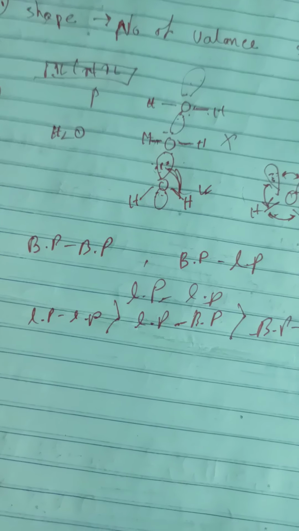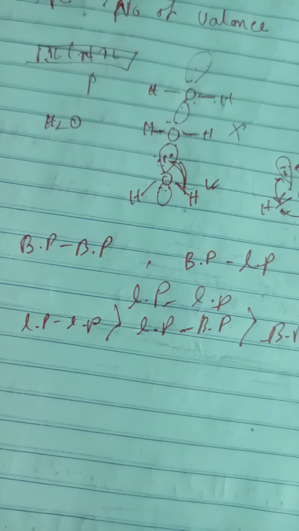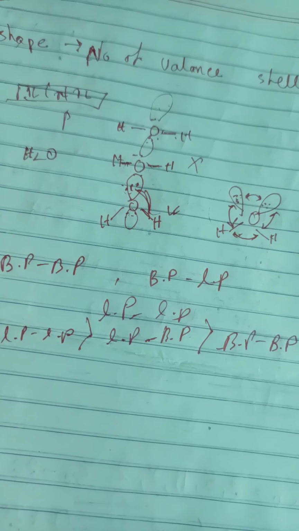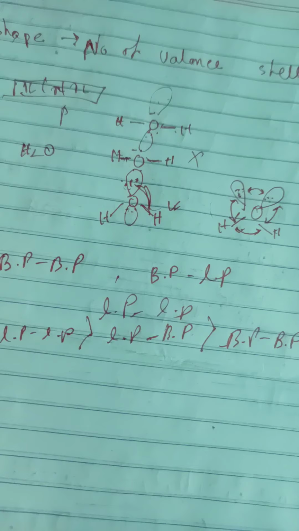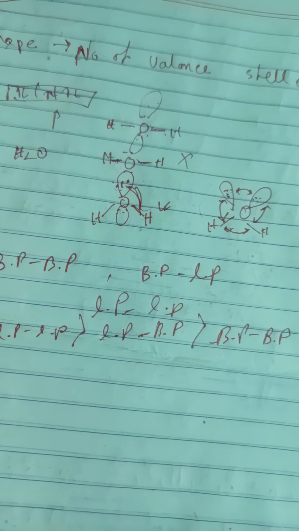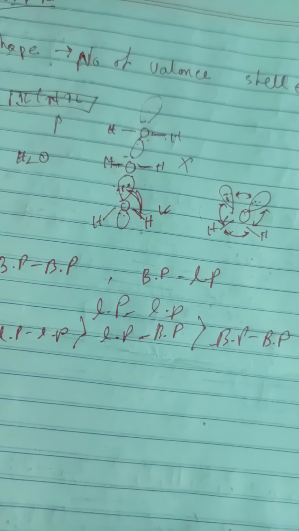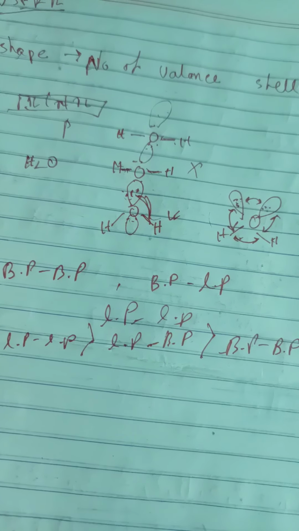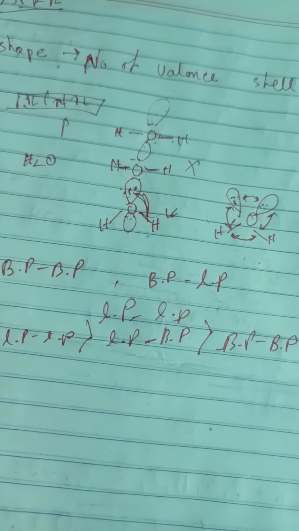Okay, now one more thing. I hope you understood this one. So what is the conclusion we got? What is the summary? If I say it in short, the shape of any molecule depends on all the valence shell electrons, bond pairs also, lone pairs also. The second point which you have to remember: lone pair repulsion is maximum, and bond pair repulsion is the least.